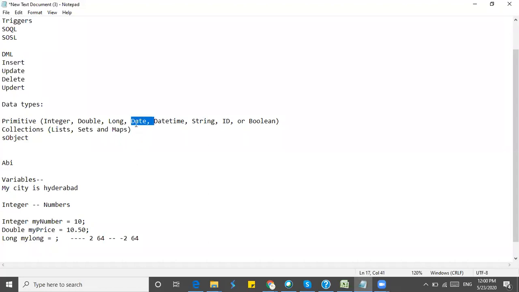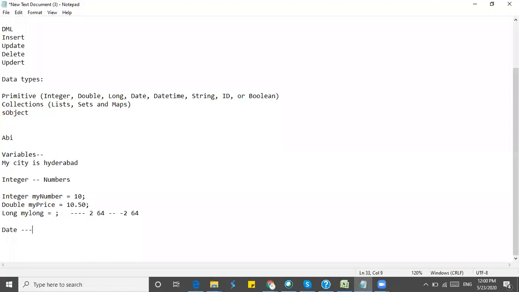So the next data type is the date data type. Date will accept all formats of date, like mm, dd, yy, or dd, mm, yy.